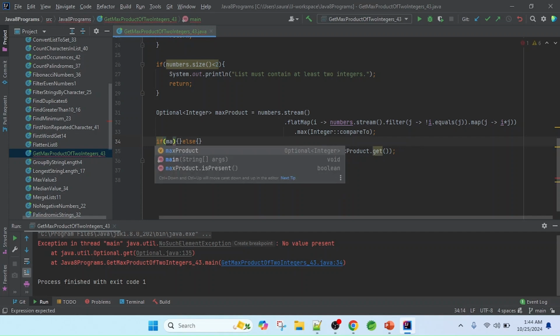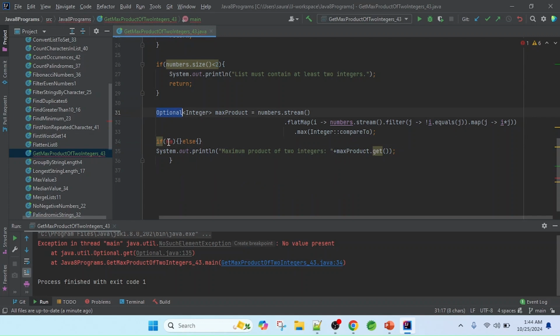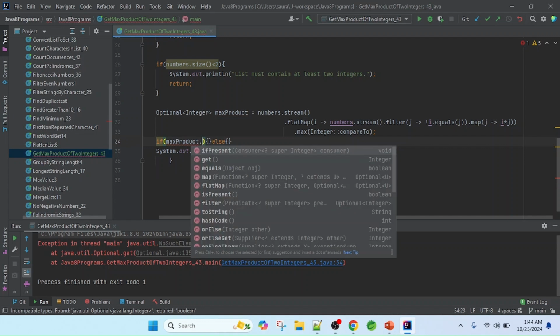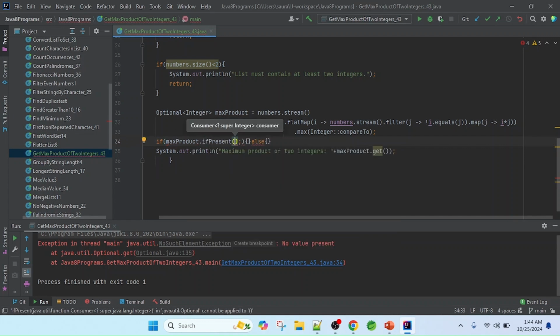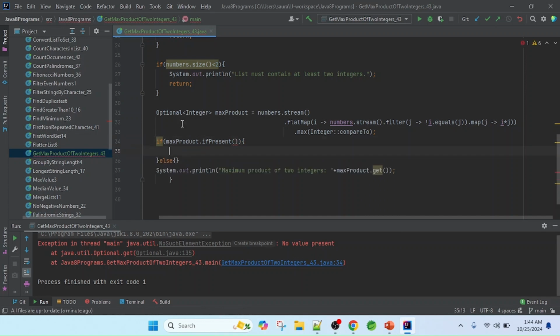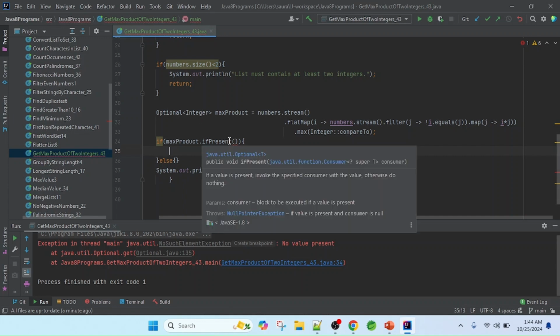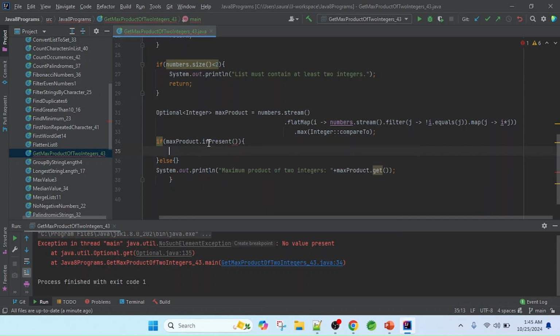We have that Optional, and if you see here max product is an Optional, so in the Optional class we will get max product.isPresent. So isPresent method will return a boolean value. So I will use isPresent, and if isPresent returns true,